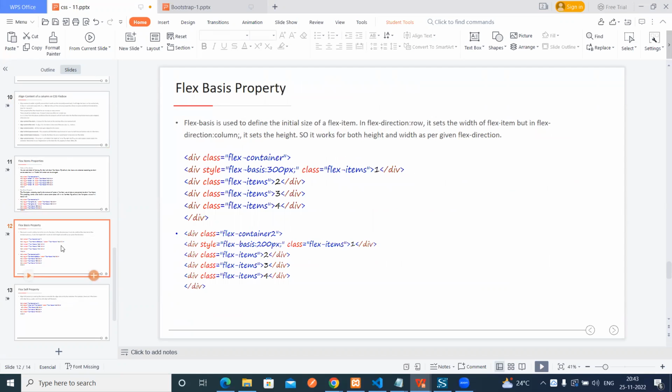So the next one is the flex basis property. The flex basis property is used to define the initial size of a flex item. So in flex direction row, it sets the width of the flex item, but flex direction